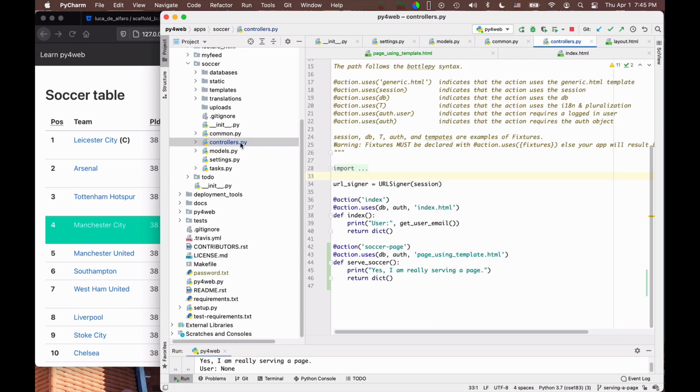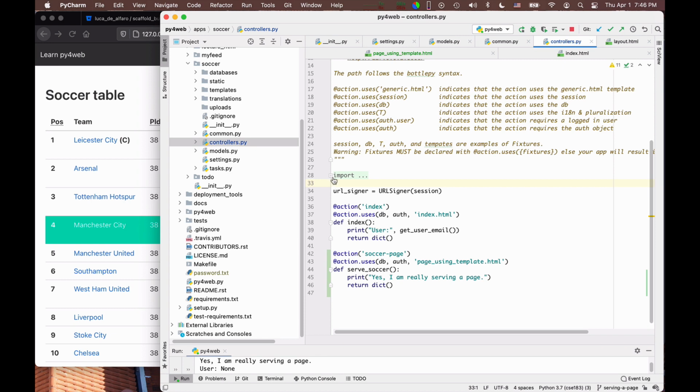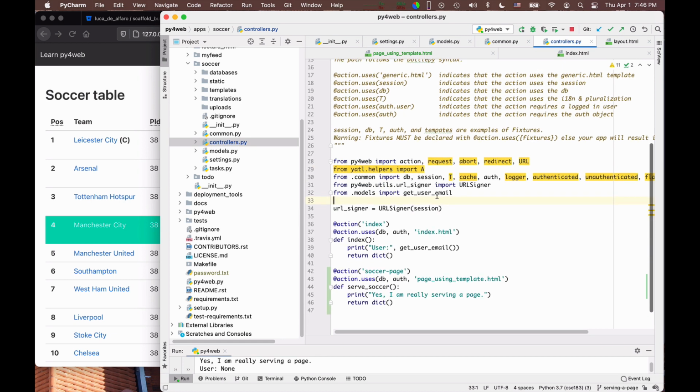In controllers, here is where you really will spend most of your time writing, because here is where you define what to do when people request a particular web page. Here you see that you import, it's hidden here, but you import things from common, from models, and from other places.